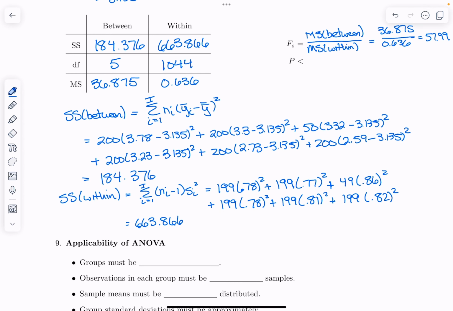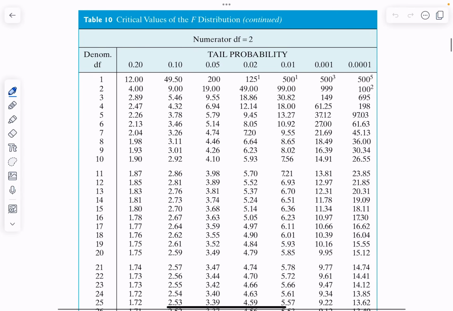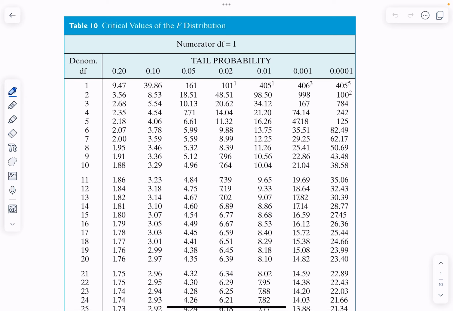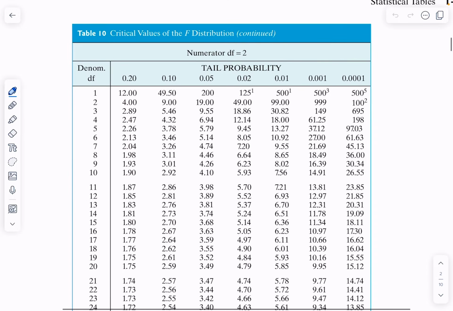So what I'm going to do is refer to the chart to find the p-value. So I'm going to go to an F distribution chart. Now, I'm going to go back up to the top of this chart. It says critical values of the F distribution, and the first chart says numerator degrees of freedom equals 1. So this is for 2 groups. If we were using ANOVA on 2 groups, then the degrees of freedom would be 2 minus 1, or 1. Okay, so we're going to go down to degrees of freedom 2, that would be for 3